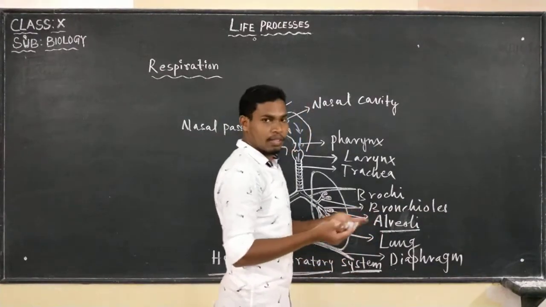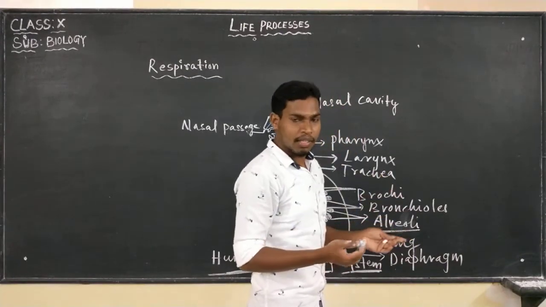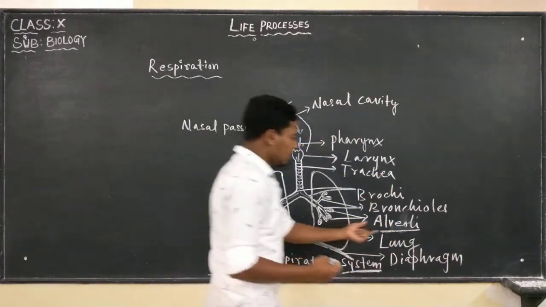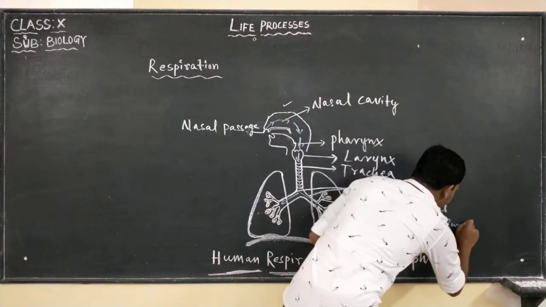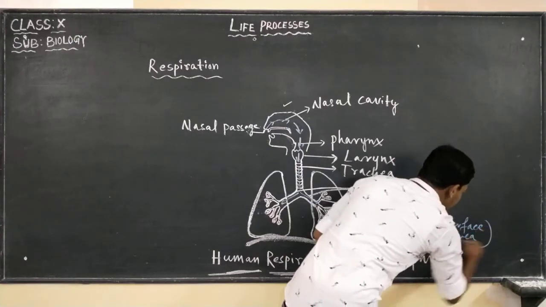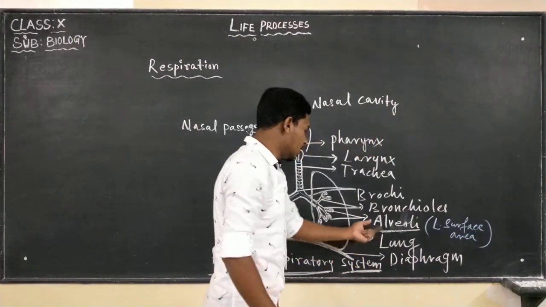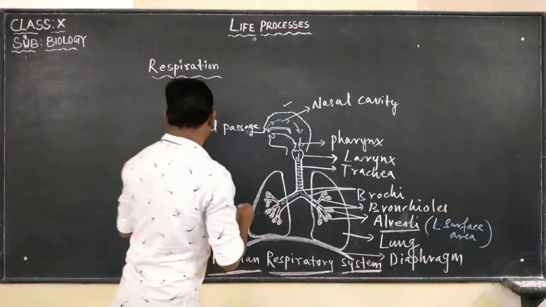And they are numerous. And they provide what? Large surface area for the exchange of gases. They provide large surface area for exchange of gases like oxygen and carbon dioxide. So, okay, first, if we see the steps,